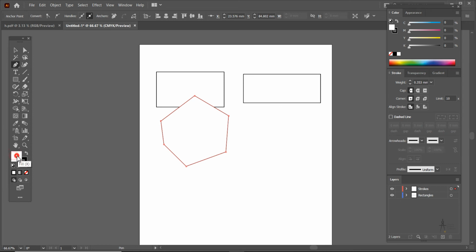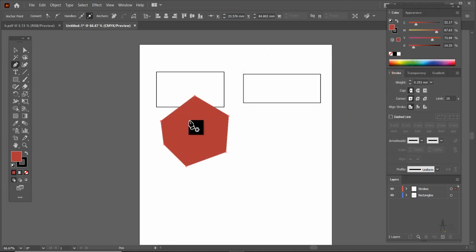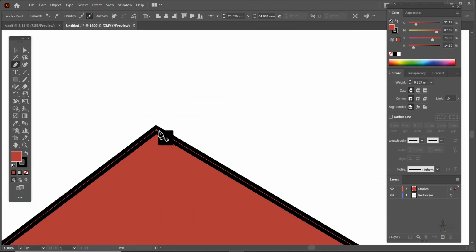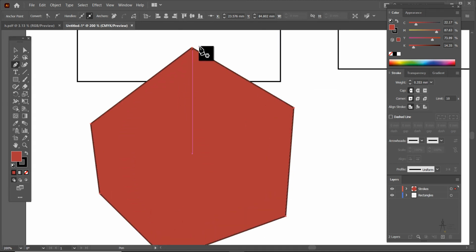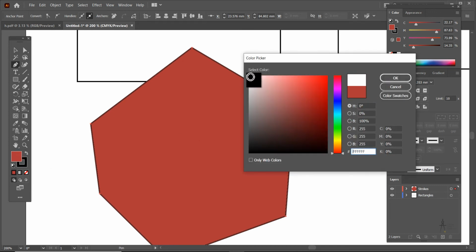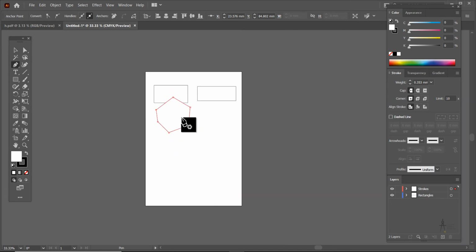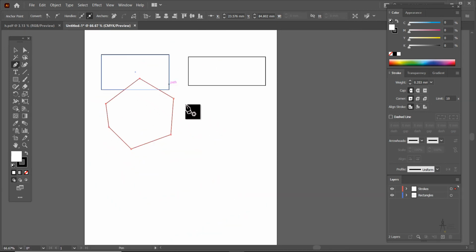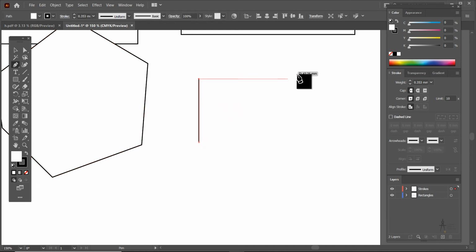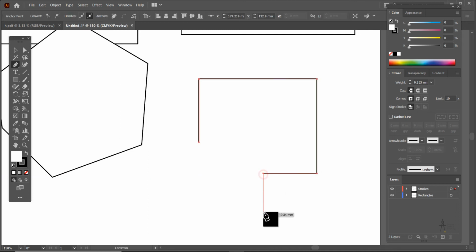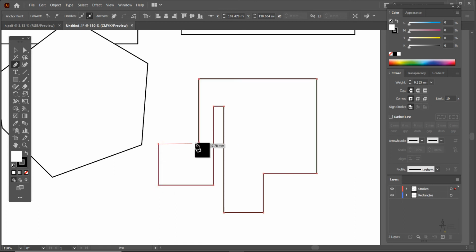but when you use the pen, you're actually doing 2 things. You are drawing a stroke and you are filling whatever it is you're drawing with a color. Before I had a white color. Okay, and now I have a red one. Okay, so it works as a lasso, but it also works if you click on Shift, you have straight lines. Okay, straight lines. And bear in mind that right now I am filling this with a white